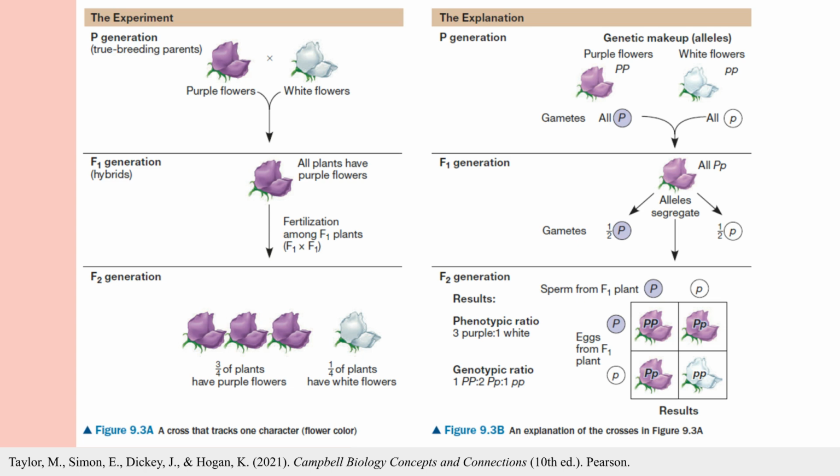When he crossed pure-breeding purple plants with pure-breeding white plants, all offspring in the first generation produced purple flowers, showing that the purple trait did not blend with white. When these first-generation plants were allowed to reproduce, the white flower trait reappeared in the next generation, where about 3/4 of the plants had purple flowers, and 1/4 had white flowers. From these consistent results across many crosses, Mendel concluded that traits are passed on as separate, stable units rather than